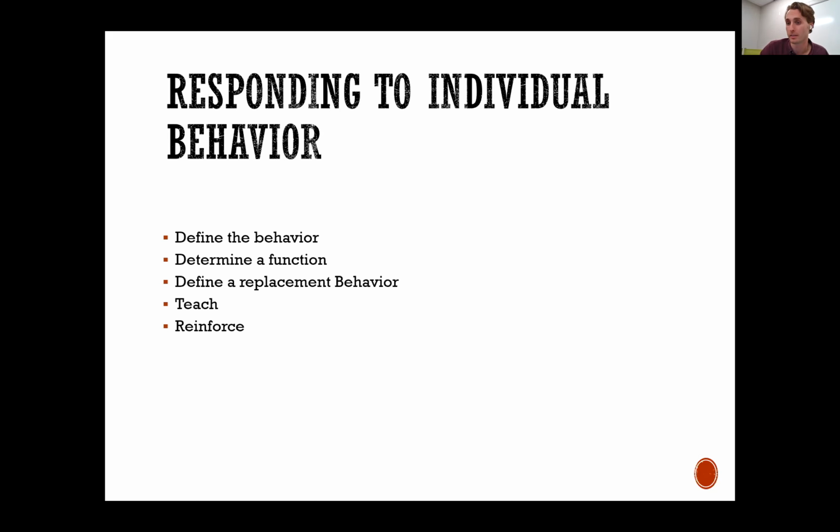Ask yourself, what can I change about this? Usually the first thing that I change is, if it's 5 tally marks, I usually change it to 3 tally marks. The first thing is maybe this reward isn't motivating enough. The next thing I usually change is I look at the function of the behavior.